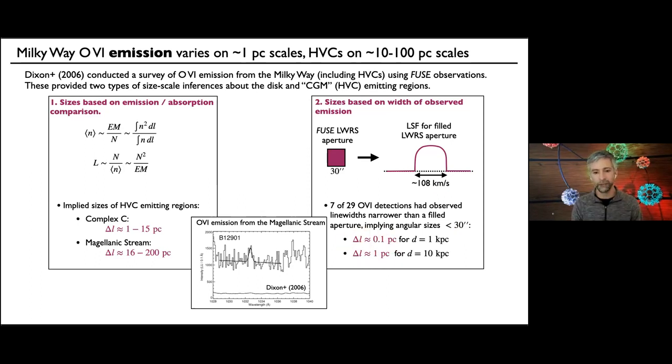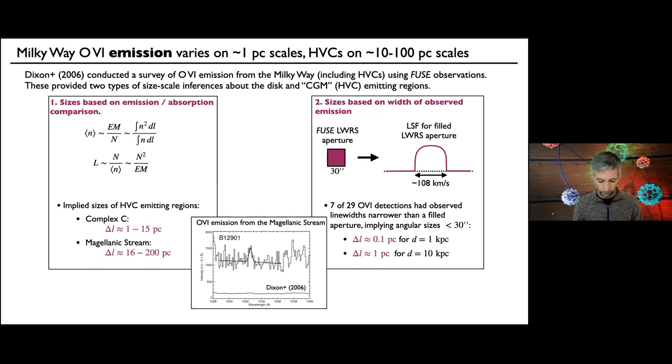small size scales. Now, this is at some level a density weighted measurement as opposed to a density squared weighted measurement like you might otherwise get. But nonetheless, it's kind of intriguing that there may be some extremely small filaments, even in these sort of transition temperature regions that, in order to be excited, have to be pretty much at 10 to the 5th Kelvin or